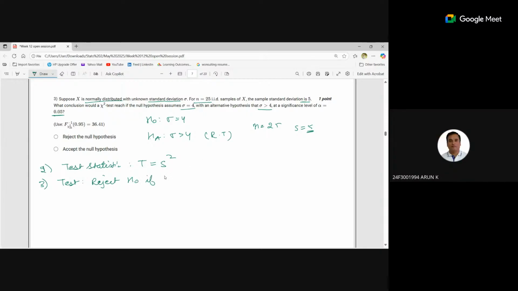Reject the null hypothesis if S is greater than C. That is, S square is greater than C square. We can write S greater than C as well. Okay. Now, fourth step, we will be finding the value of alpha, which is the probability of